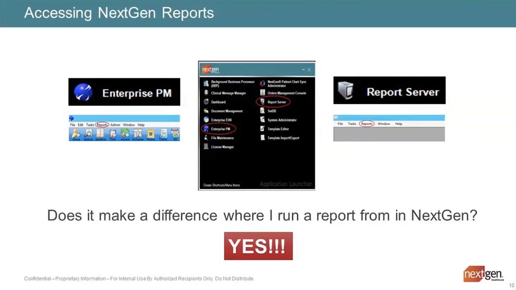But these are the key. This is the foundation of the house. This is what you really, really need to take into account. The very first thing when you are accessing the NextGen application and you have to decide, where do I run